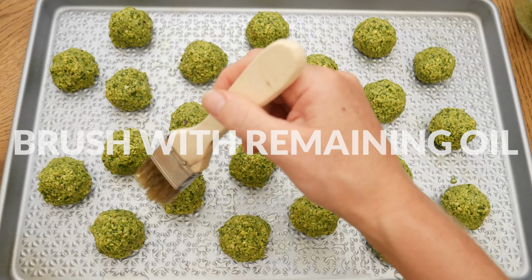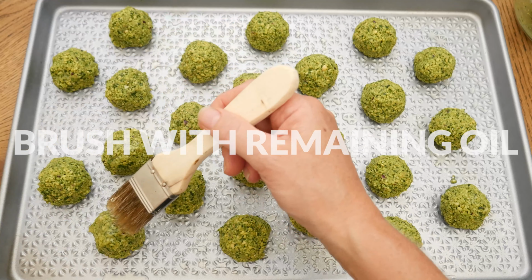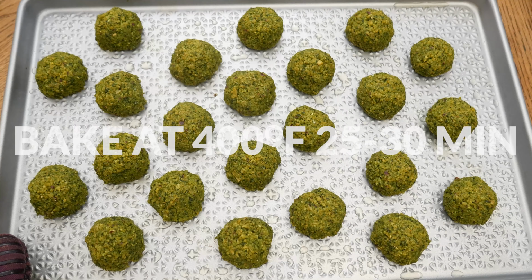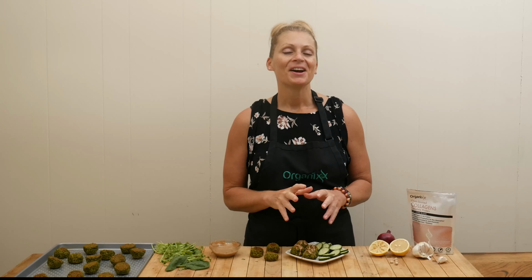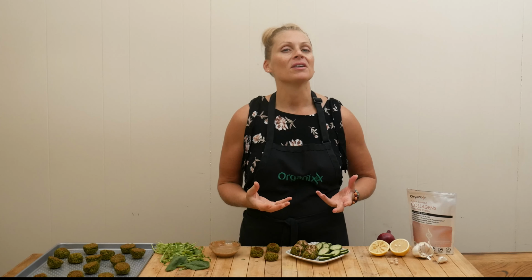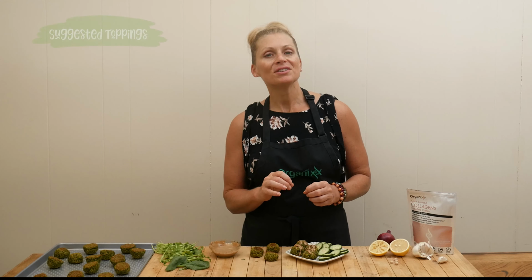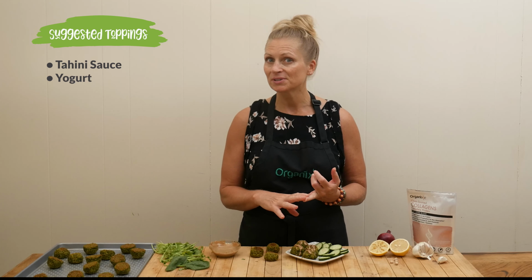Bake in a 400-degree preheated oven for 25 to 30 minutes, being sure to flip them halfway through until your falafels are golden brown and crisp on the outside. Our falafels are ready, so you can serve them in your favorite pita pocket or over a delicious salad or just on their own. But be sure to top them off with some tahini sauce or yogurt and cucumber sauce,